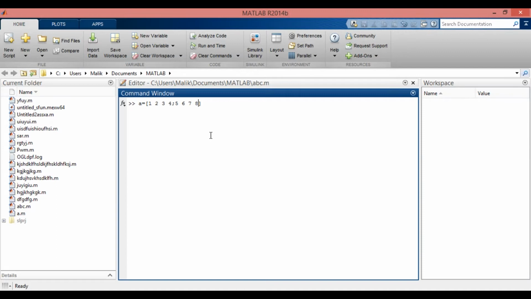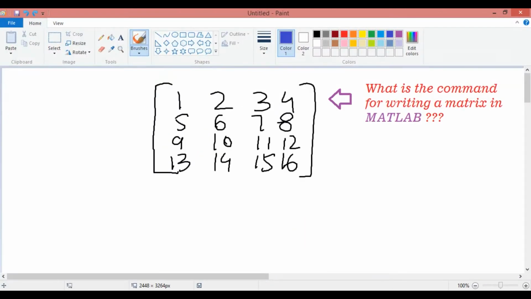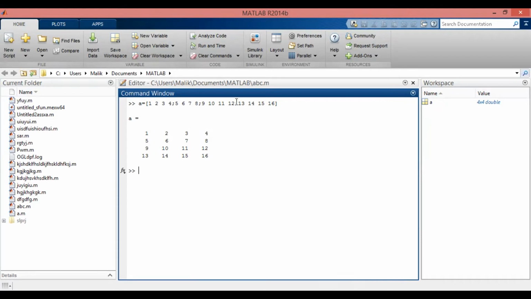Again for row termination we will use a semicolon, and then 9 10 11 12, and again a semicolon, 13 14 15 16, and here at the end we don't need any semicolon. And when I press enter we will get the same matrix: 1 2 3 4, 5 6 7 8. Here we can see this matrix is similar to this matrix. So this is basically the command that we will use to write any matrix in MATLAB.